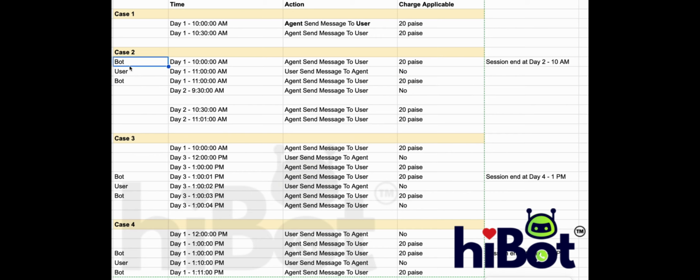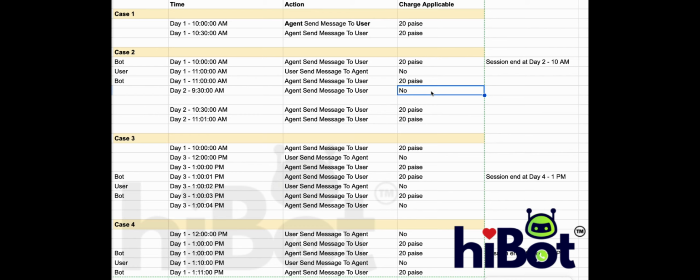Now, if there's a bot-user bot, or agent-user agent session that is created after this, your first message was at 10 a.m. So, from day 1 10 a.m. till day 2 10 a.m., you have a free session window. So, after this second 20 paise charge, you can send them 100 messages that won't be charged at